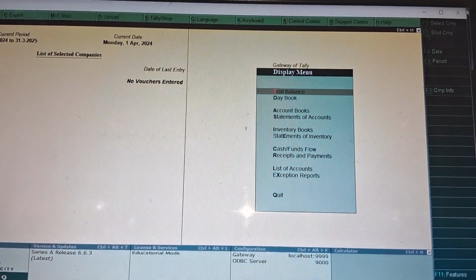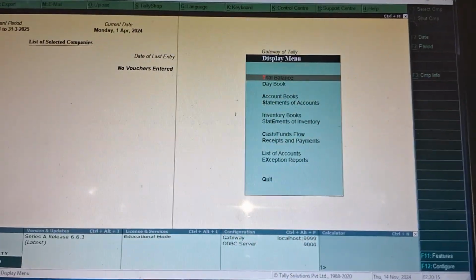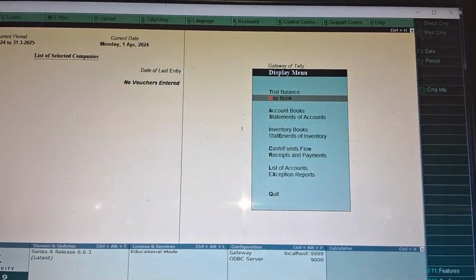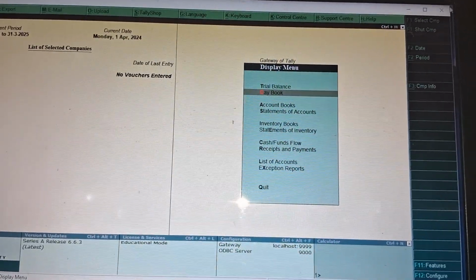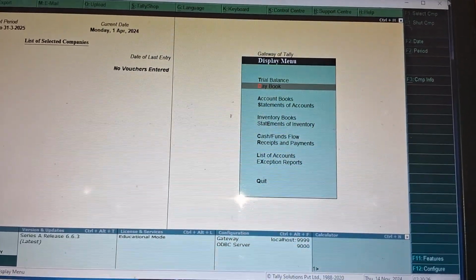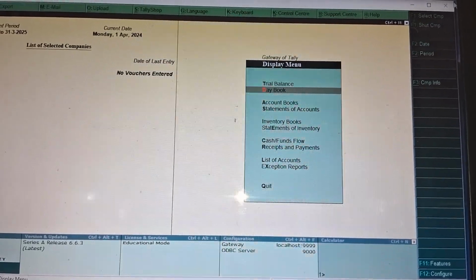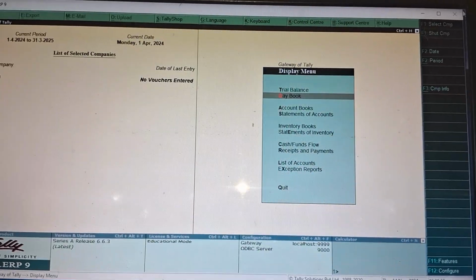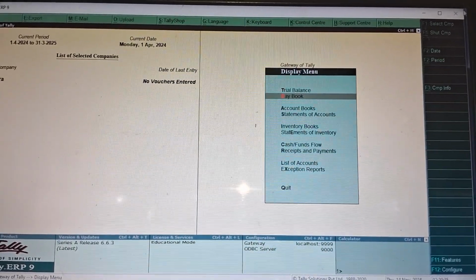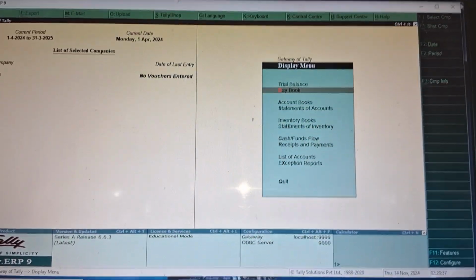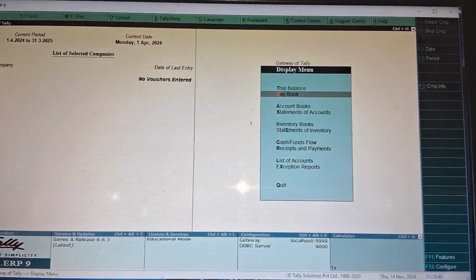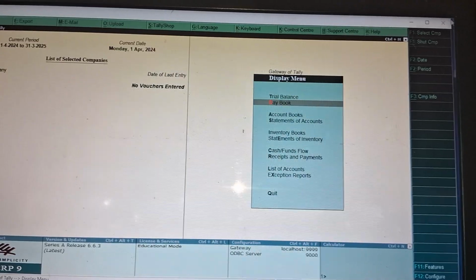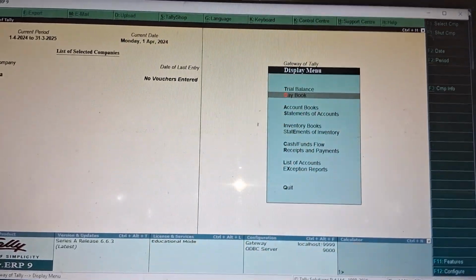Okay. So the second point is Day Book. What is a day book? It's a book that records transactions in chronological order as they happen. What do you understand by this? Let me tell you again. It records the transactions, the giving and taking process from one person to another, where one is a businessman and one is a receiver or customer. So transactions in chronological order as they happen. It is the book of original entry. So this is the day book.